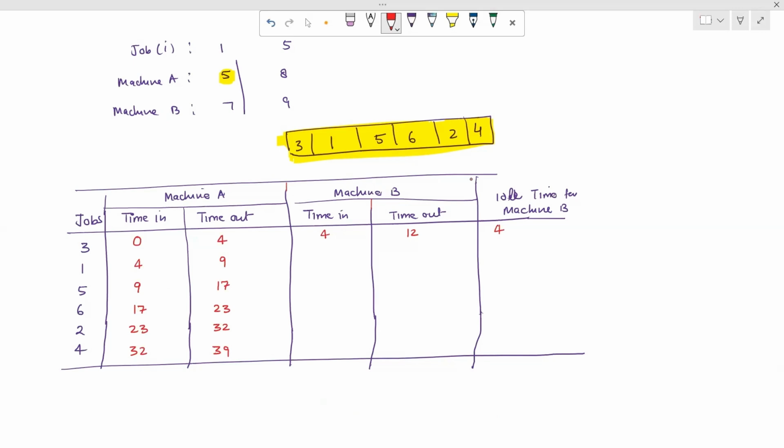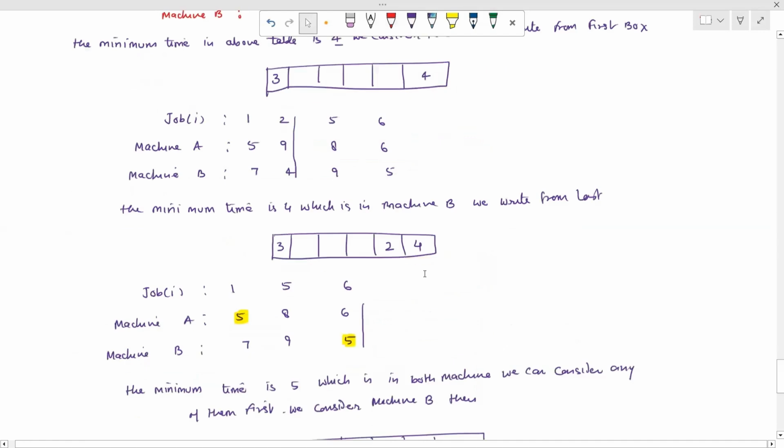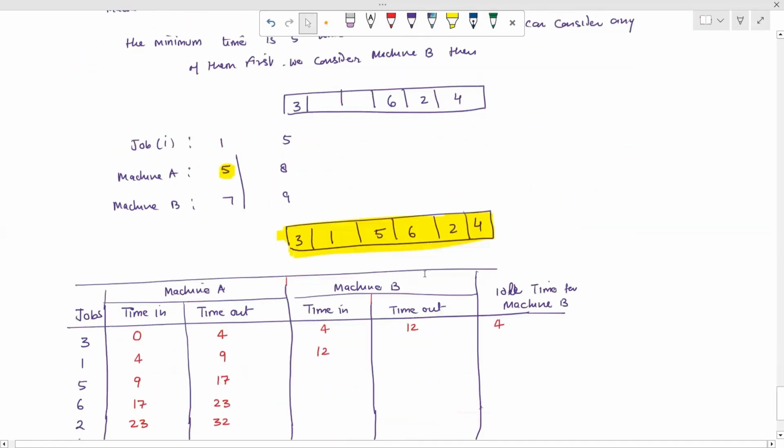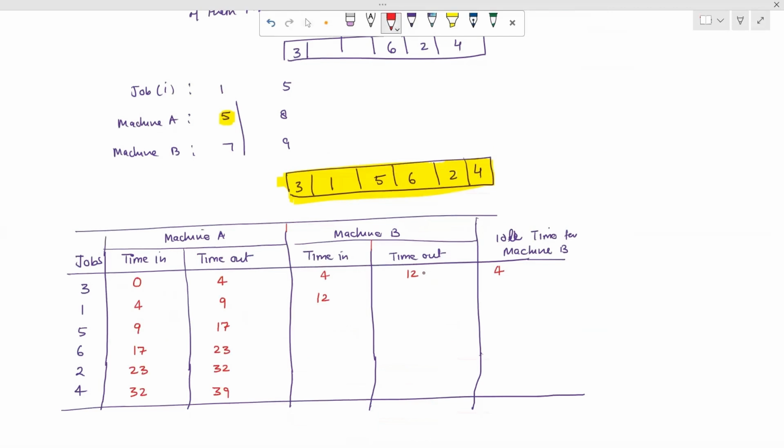तो इसका मतलब है कि मशीन ए ये कंप्लीट काम फिनिश करेगी जॉब 3 को, देन कैन डायरेक्टली टेक द जॉब 1, ओके, विदाउट एनी वेटिंग टाइम और एनी अदर टाइम, सो वी स्टार्ट फ्रॉम 12, क्योंकि यहाँ 9 पे काम फिनिश हो गया, ये 12 पे फिनिश होगी, और जस्ट टेक द जॉब 1, अब जॉब 1 को ले लेगी तो स्टार्ट होगा कहाँ से? 12 से ही, तो जॉब 1 7 फॉर बी, तो 12 + 7 इज 19,